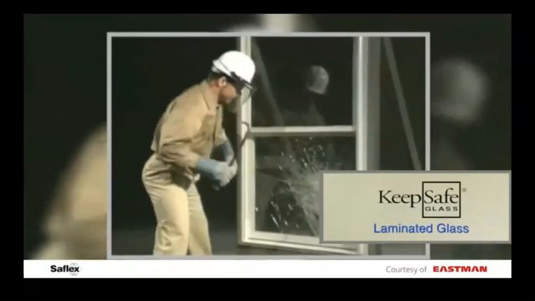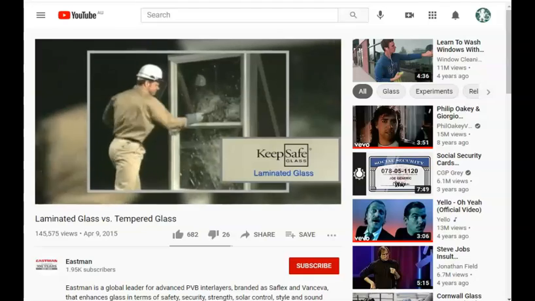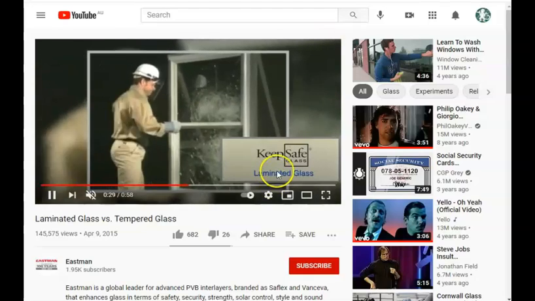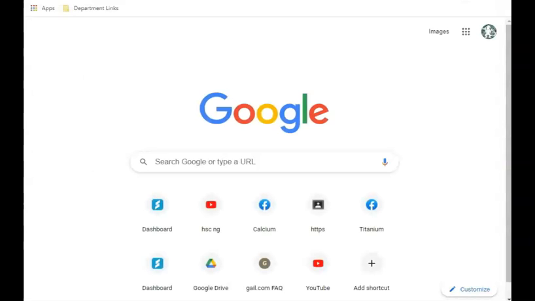Laminated glass, on the other hand, doesn't shatter. Now, this is really good if you're going to hit a kangaroo, right? Because kangaroos, when they hit your windshield, they kick. Or, if you live in Canada,